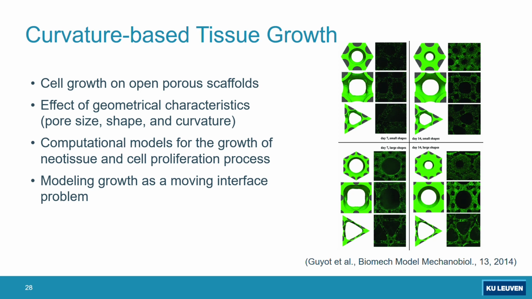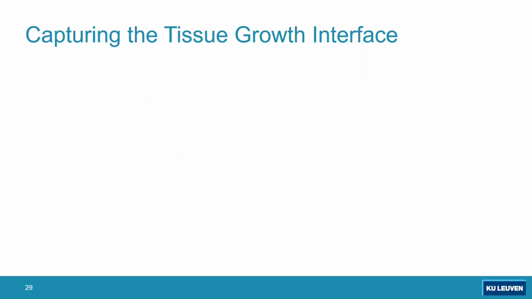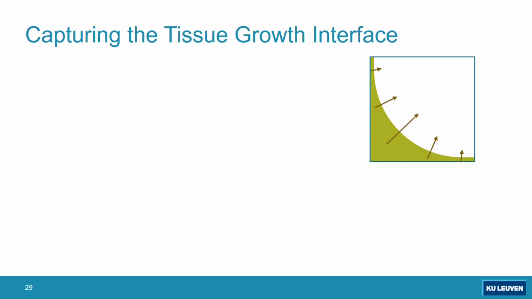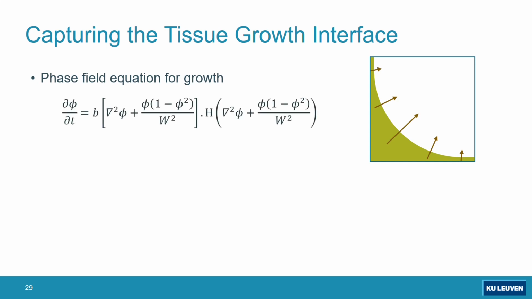So for example, consider this one. This is the void space, and this is the tissue that is growing. It's proved that whenever we have a higher curvature, we have a higher rate of tissue growth. So something like this can be captured easily via a phase field model or level set models. So something like this, using a Heaviside function to capture the curvature, and then apply that to a phase